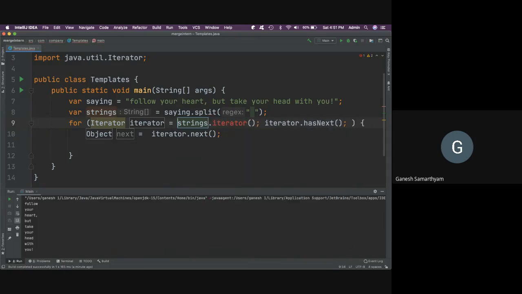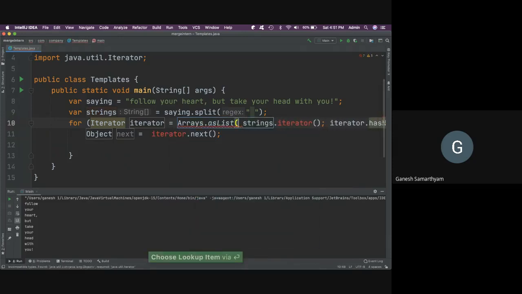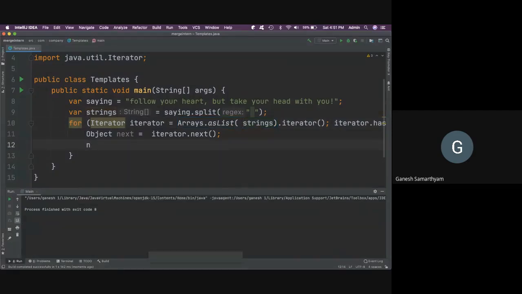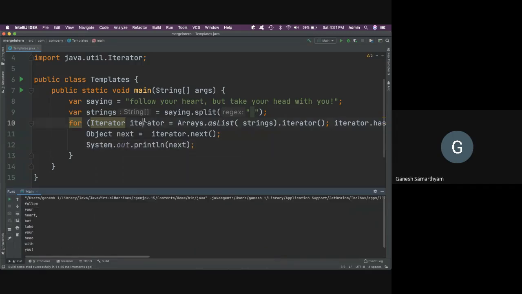Okay, Arrays dot as list should be able to do it. Yep. Did I miss something here? Oh, I'm not printing anything. Sorry. Next dot s out. Right. So in this way you'll be able to traverse as an iterator.